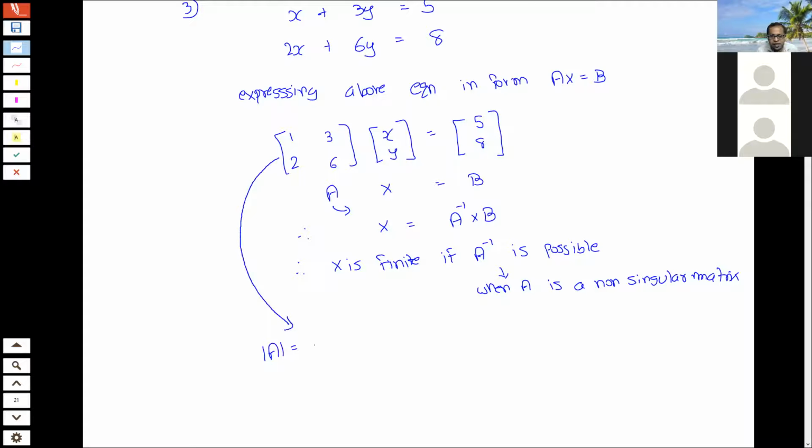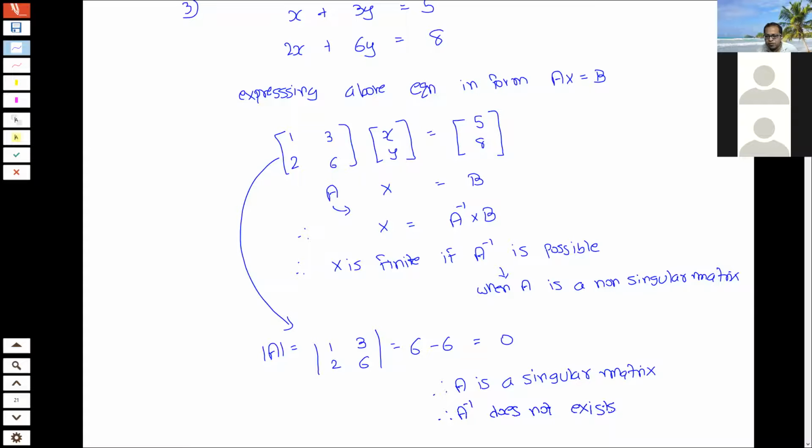So this is A equal to 1 3, 2 6. So 1 into 6 is 6, 2 into 3 is 6, with a minus sign in between, so it becomes zero. Therefore A is a singular matrix and therefore A inverse does not exist, and therefore given equations are